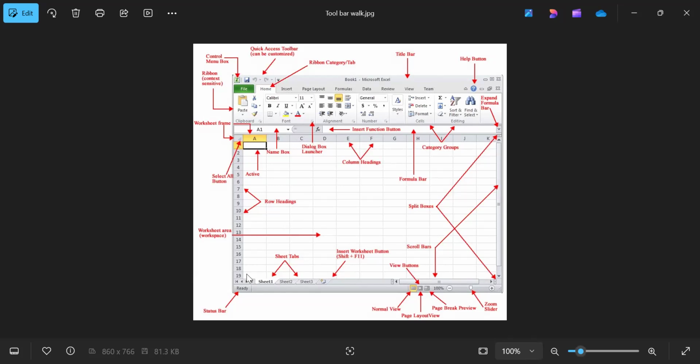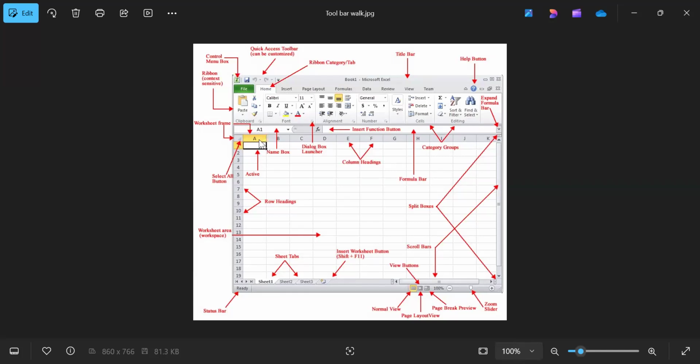So Excel works in cells, okay? Any cell that you want to work in, you have to make that cell active by clicking inside the cell. And when you click in that cell, the name will appear up here. For example, if you look at it very well, you'll see that this particular cell is highlighted in black, and then the name is written here as A1.